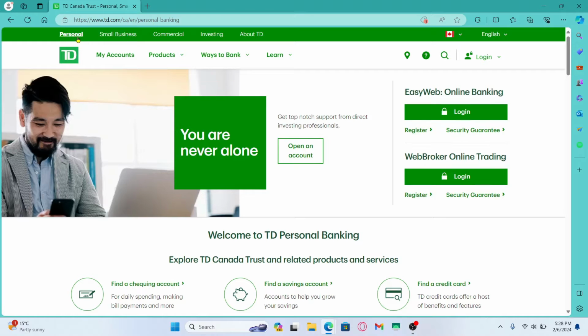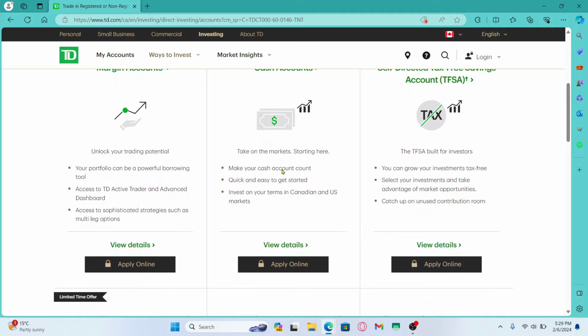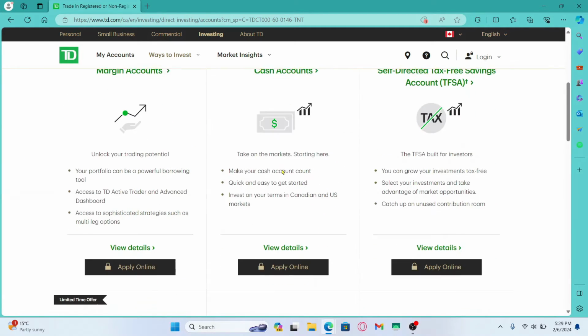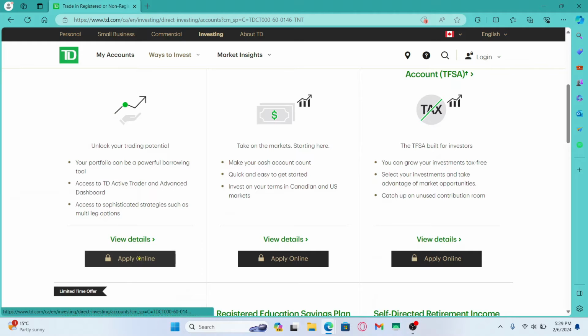Now from the home page, click on personal or small business or the kind of account that you want to create. Once you choose your account, you will find the open an account button. Go ahead and click on it and you will see the various kinds of accounts that you can make on the TD Bank. Just look through the various kinds of accounts and click on the apply button and you will